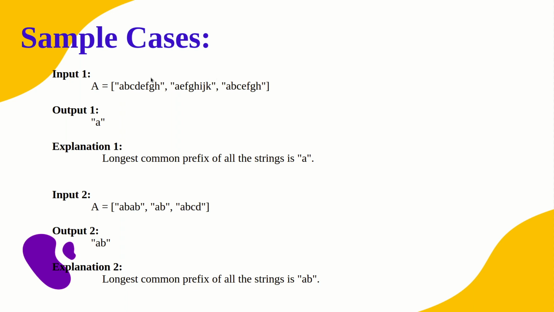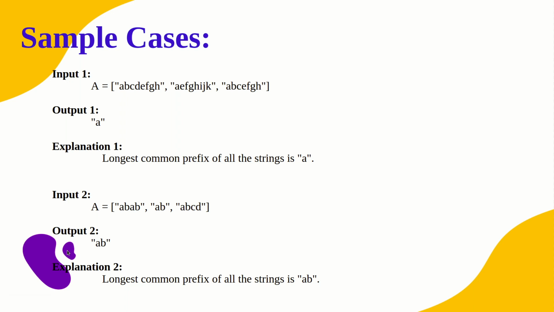But what we want is the common prefix, that is, it should be a valid prefix among all the strings in the given array, and then we need to find the longest. As you can see in this case, even A is a common prefix, but what we want is the longest possible common prefix, and that's why the answer is AB and not A. Okay, so very logically speaking,